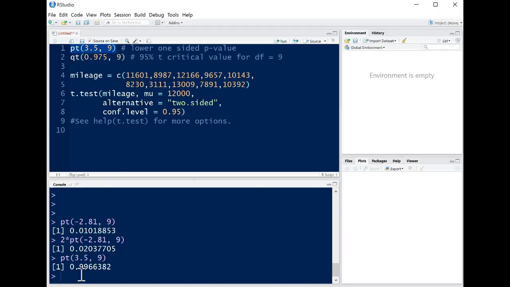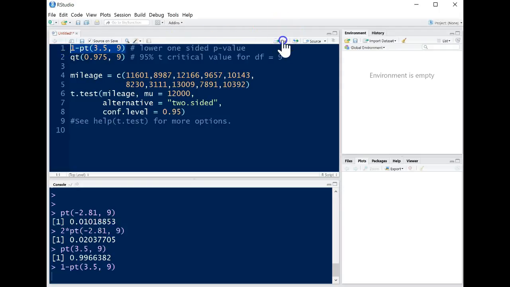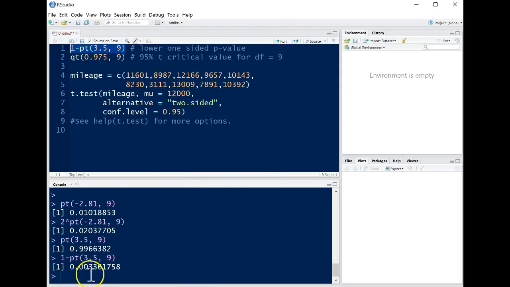But what if I wanted to do an upper one-sided test? If I want to find the area that falls above 3.5 in the t-distribution of 9 degrees of freedom, then I need to subtract this from 1, and this is more likely my p-value. So if I'm doing an upper one-sided test, I need to subtract whatever I get from the pt command from 1. And so my p-value would be